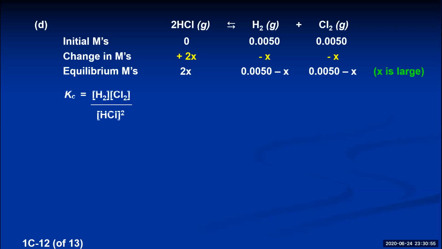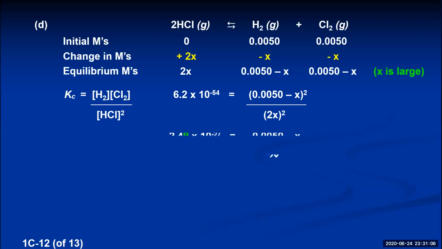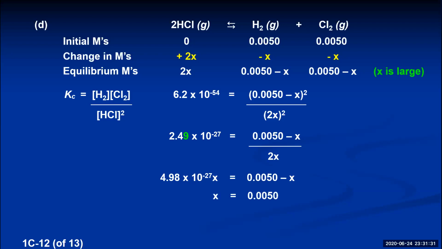So because x is large, if we write the Kc expression, plug in the equilibrium constant plus the equilibrium molarities, and then take the square root of both sides, we'll have an expression with only x's to the first power, and we can solve this for x. If you eventually solve this for x, I move the 2x over to the left side of the equation and multiply the two values on the left side to give us 4.98 times 10 to the minus 27th x. And then if I want to solve this, I would add 1x to both sides, so really I have 1 plus